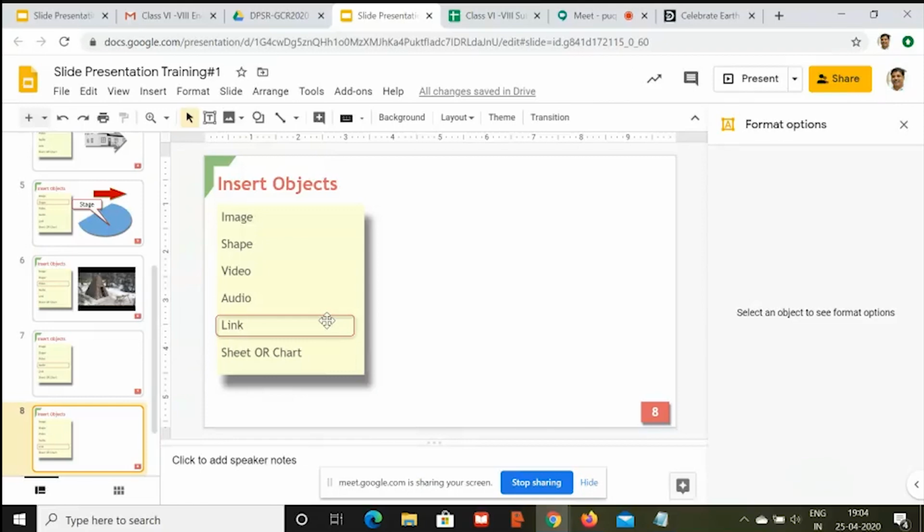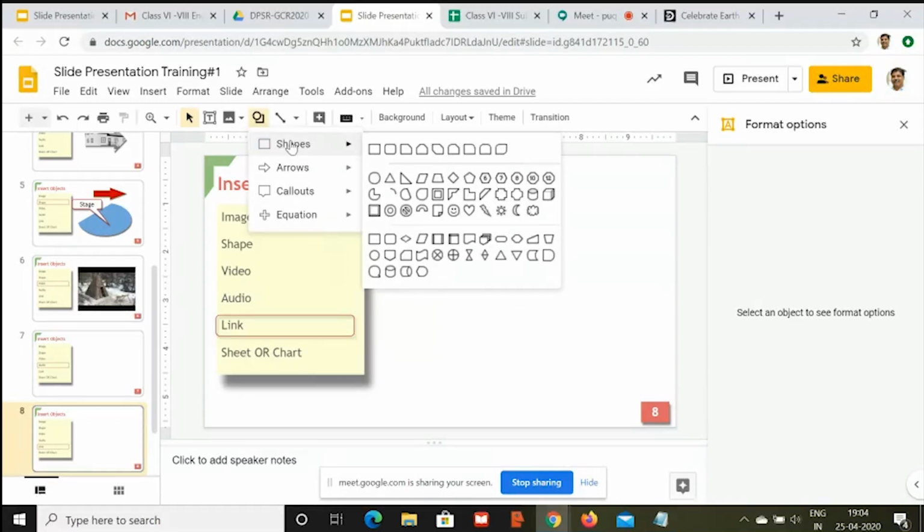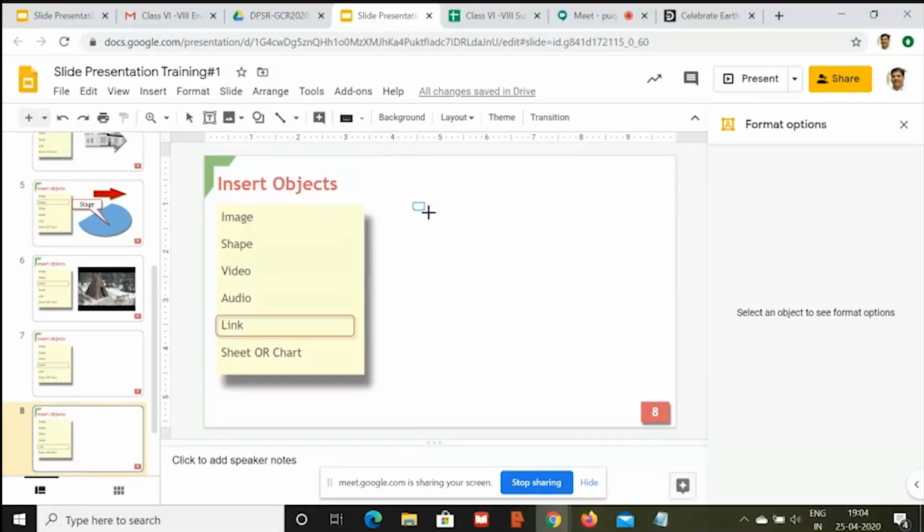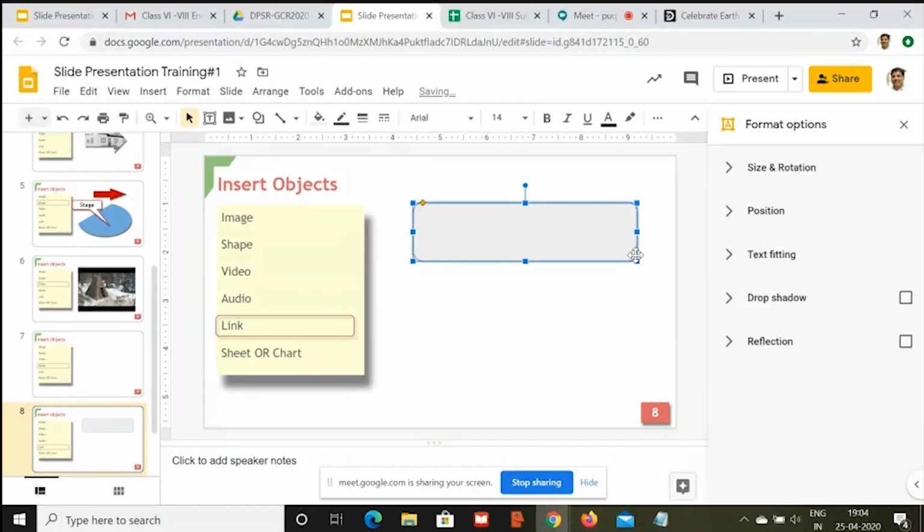So in this particular place, either you insert a link like this, or you just make an object for inserting a link. I'll just show you that also. So I have, let's say, this kind of button here. And here I write Discovery link.